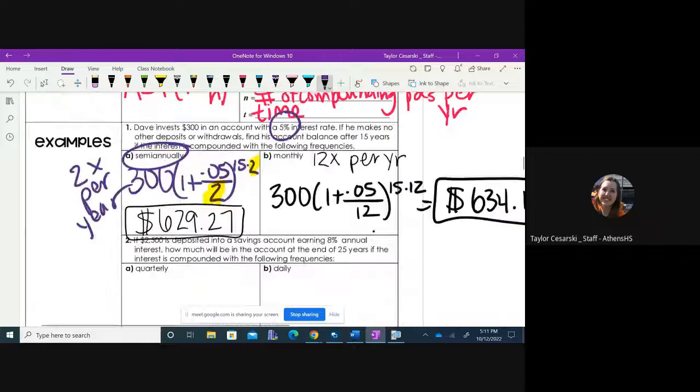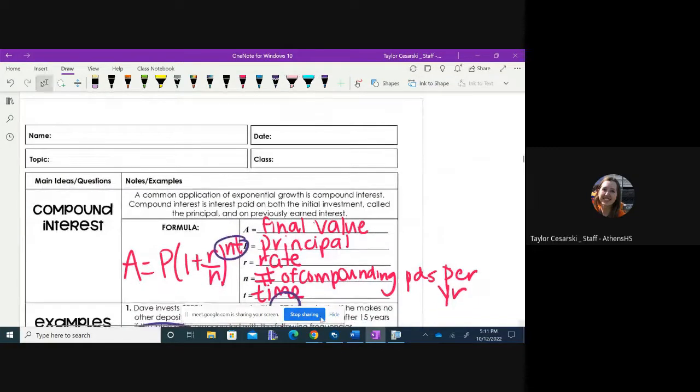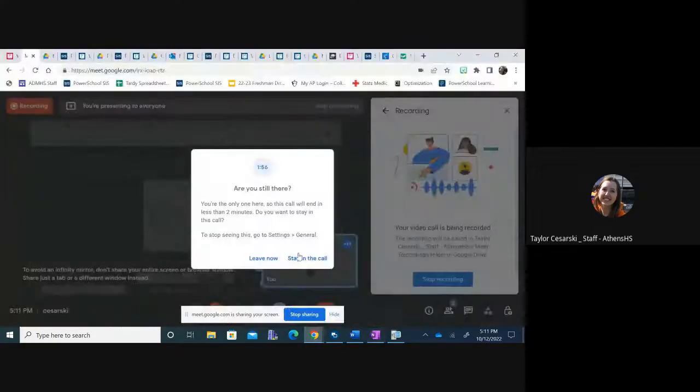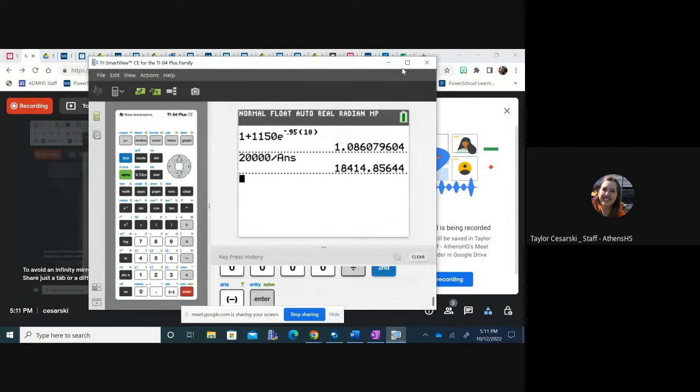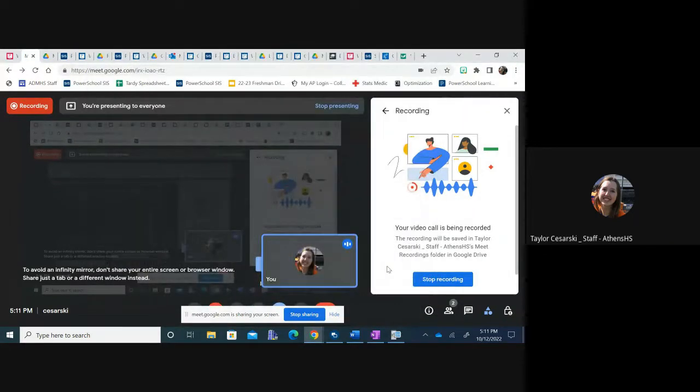So make sure you go back and try the ones that we haven't done yet, and then work on some extra practice either on Delta Math or on Canvas. So that kind of gives you an overview. A lot of that was review of exponential and logarithmic functions, mainly exponential, but